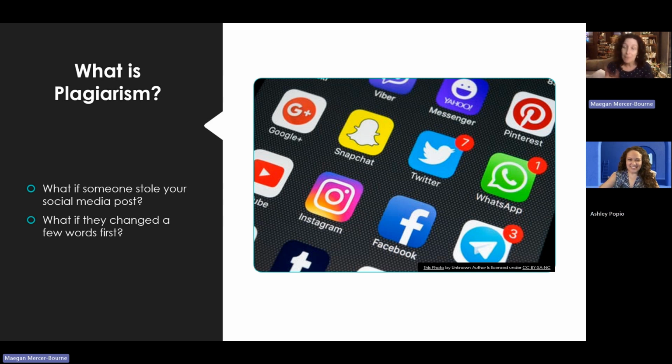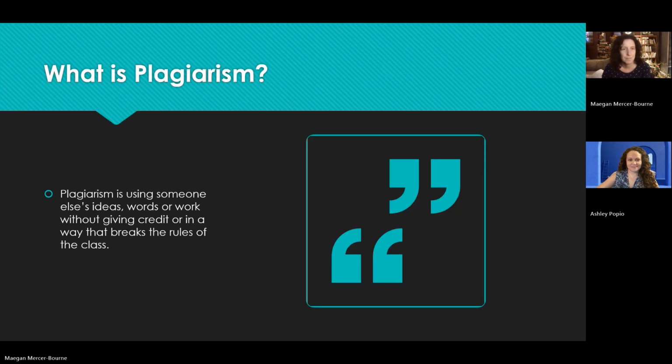So even if you change a couple words around, the same thing would apply for something that you may take and put in your English paper. You can't just change a couple words and then pretend it's yours. It's very important to make sure you give credit. So as I just said, plagiarism is using someone else's ideas, words, or work without giving credit,